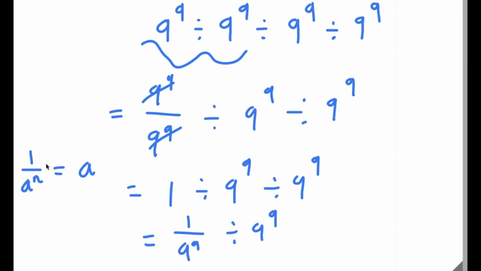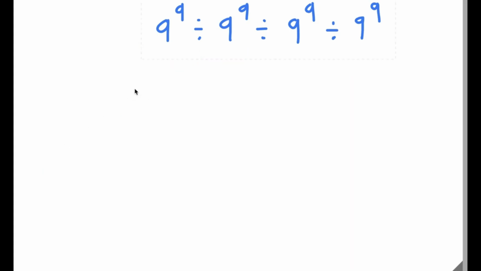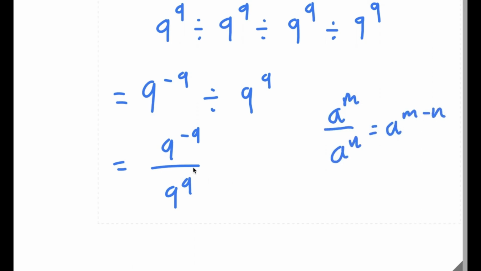So now, let me clear out this page. I have 9 to the power of negative 9 divided by 9 to the power of 9. Now, this is the same thing as 9 to the power of negative 9 over 9 to the power of 9. And now, if I have something in the form a to the power of m over a to the power of n, this is equal to a to the power of m minus n. So 9 to the power of negative 9 over 9 to the power of 9 is going to equal 9 to the power of negative 9 minus 9. And negative 9 minus 9 is simply equal to negative 18. So now I have 9 to the power of negative 18,